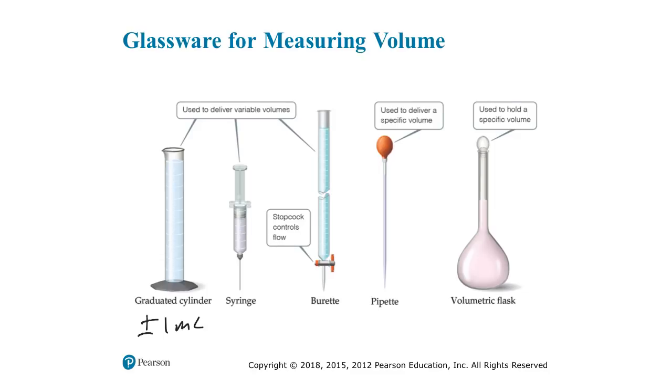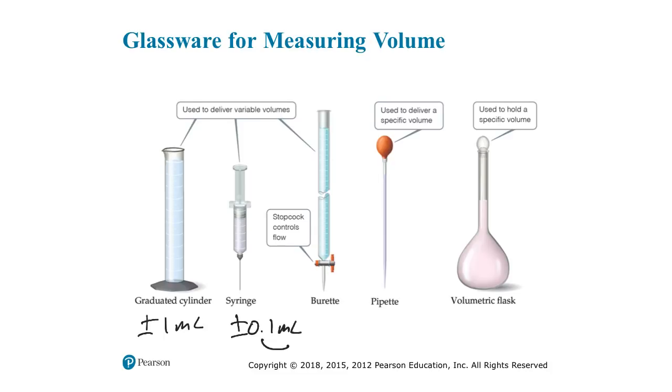So if we're trying to add 25 milliliters of liquid to a solution, and it doesn't matter if it's 24.5 or 25.5 milliliters, then a graduated cylinder might be a good tool. Now if you want to go about plus or minus 0.1 milliliter, then a syringe is a pretty good tool. So with 0.1 milliliter of precision, you could add, say, 12.5 or 12.6 milliliters to a solution. Probably not much accuracy or precision in between